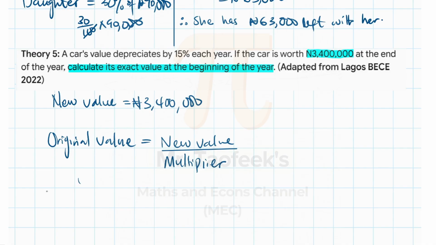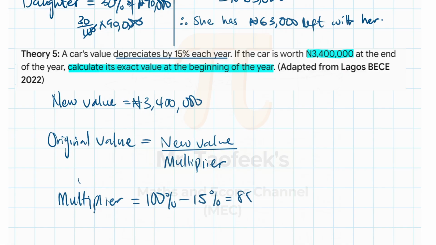So what is our multiplier in this case? Remember, this is depreciates by 15%. So depreciation by 15% just means percentage decrease, is reducing by 15%. So therefore, our multiplier will be 100%, take away 15%, which gives you what? 85%. So to find our original value, the new value, which is the value at the end of the year,